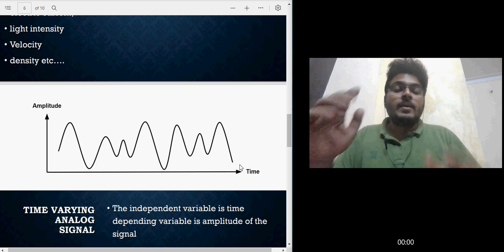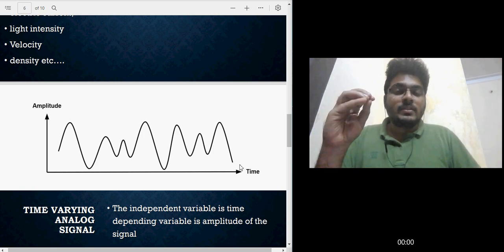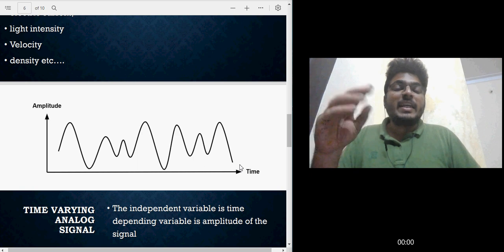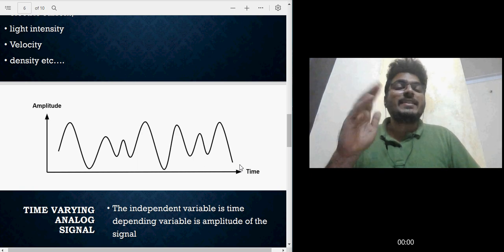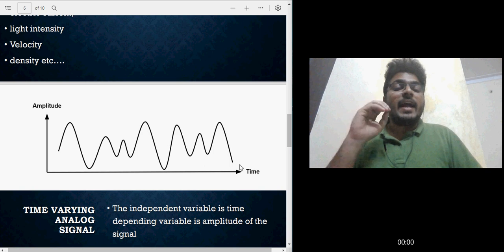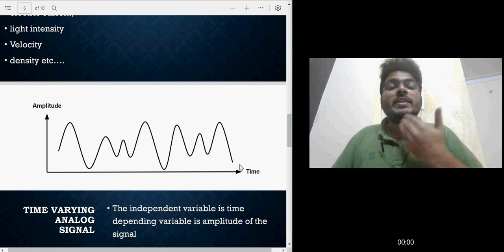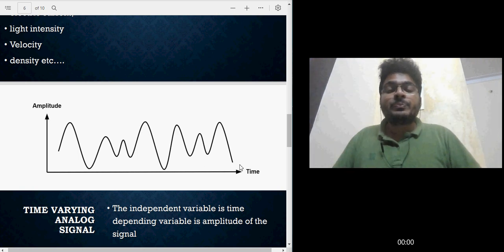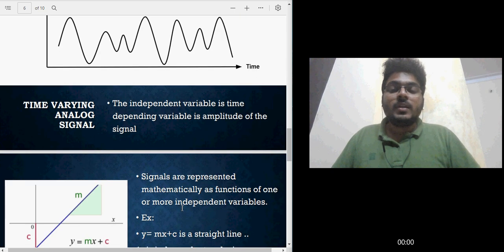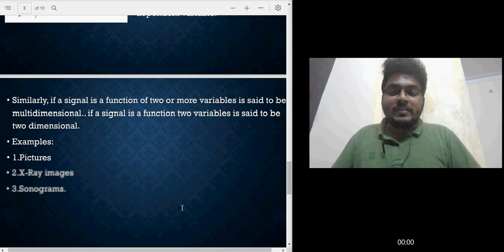So the main thing is a process being represented in a graphical way that somebody can understand it, and understanding in the sense that you are able to put it on paper in a mathematical form or in some form that somebody can understand, is what a signal is. Here of course the independent variable is time, because the speed is varying but the time is independent. So this I have explained to you.